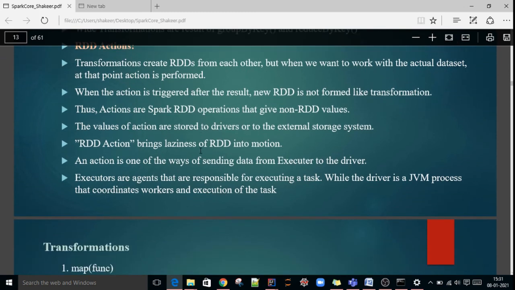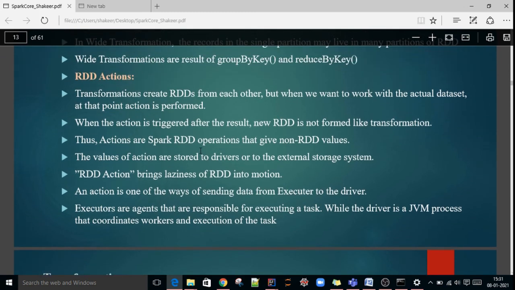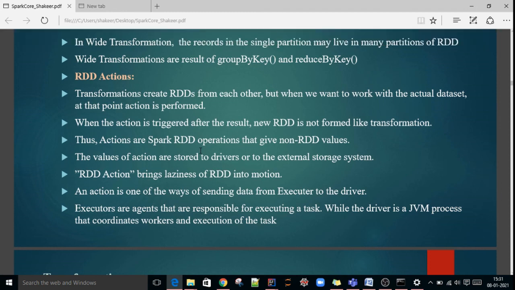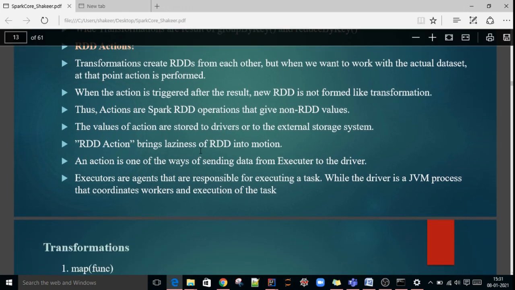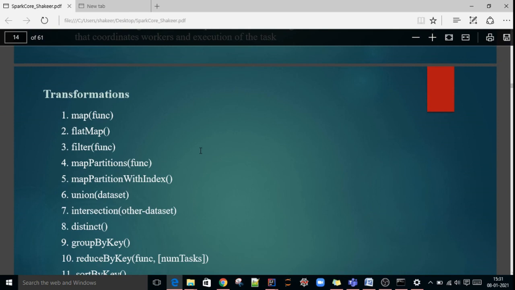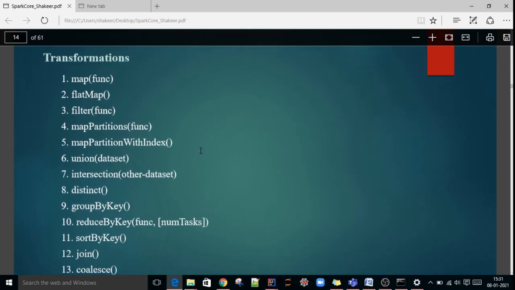That is all about RDD action. Understood, right? What is a transformation, types of transformation, what is an action, what will happen if you issue some action on the RDD.